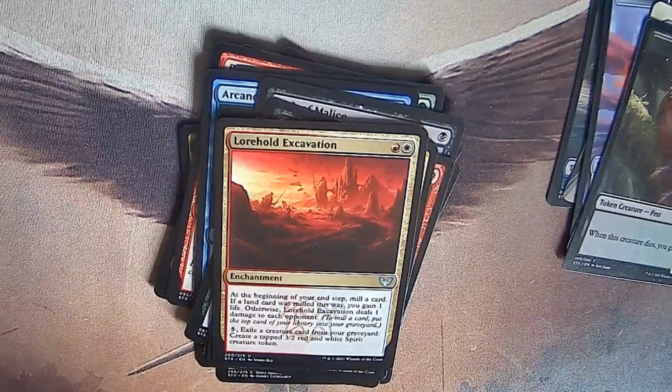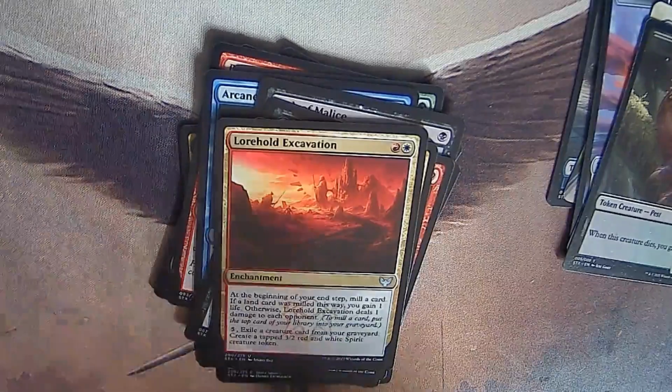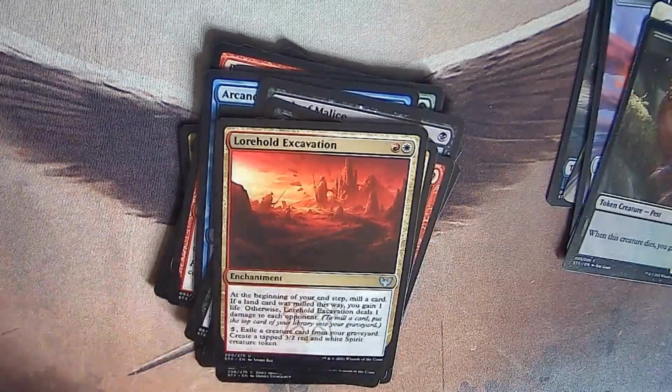Exile creature cards from your graveyard, create a 3/2 red and white spirit. Yeah, that was another set-specific token. And our normal rare,